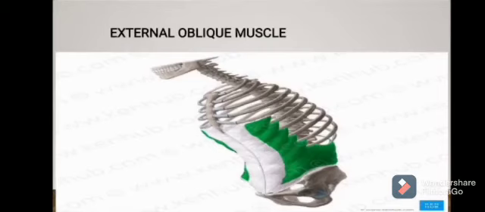So this is the external oblique muscle. You can see the green colored muscle fibers originating from the lower 7 ribs. After originating from these, the fibers move medially and a little downward to meet in the midline, and it gets inserted in the iliac crest as well as the pubic tubercle. An important thing to understand here is that half of the muscle is fleshy and half is aponeurotic. In the middle part you can only find the aponeurosis of the muscle.